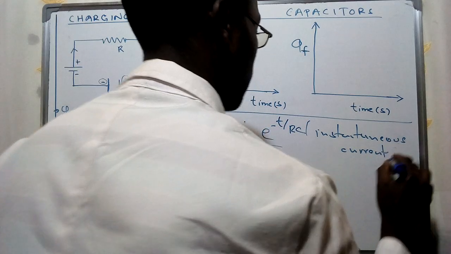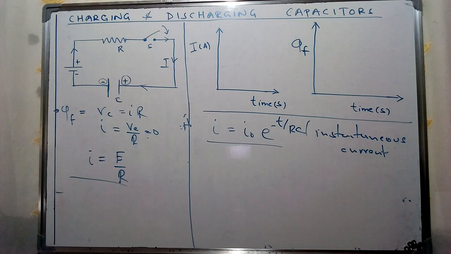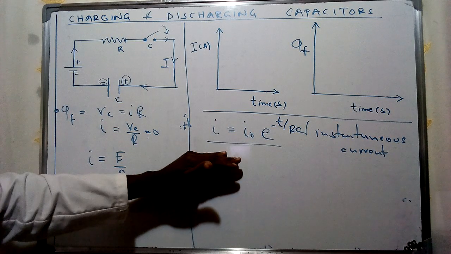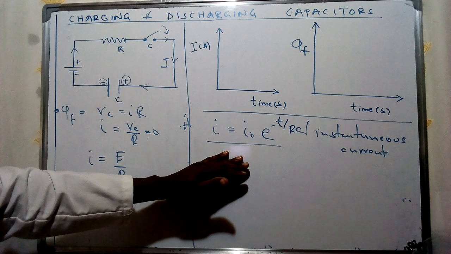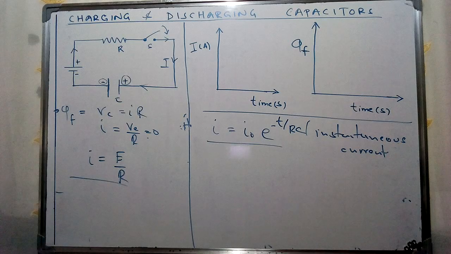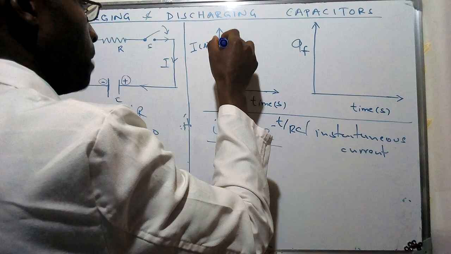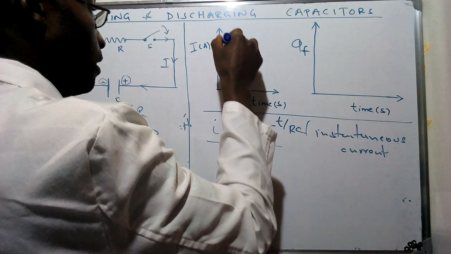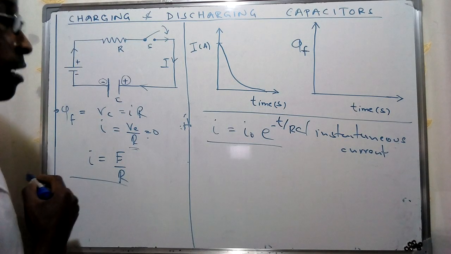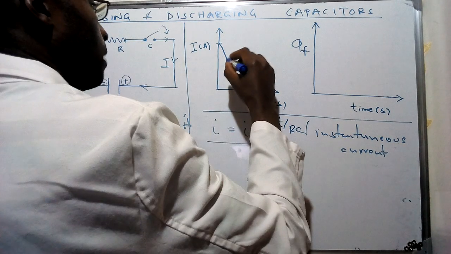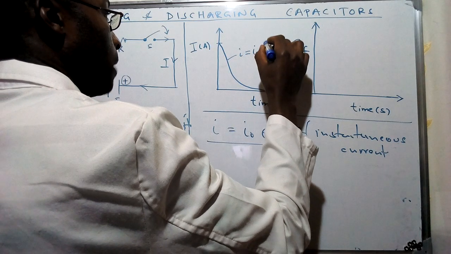So this is going to be the instantaneous current, whereby this one is going to be the current at which the switch is closed. Now we can graphically represent this specific concept of the current against time using the graph, whereby, as we said, at the point when the switch is closed, the current will be at a maximum, and then it's going to reduce to 0, as we said. And therefore we can graphically represent this particular graph of I naught e to the power minus t